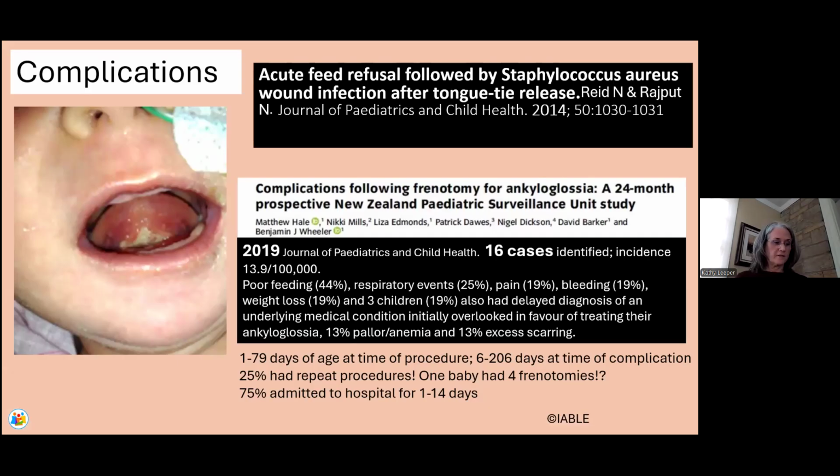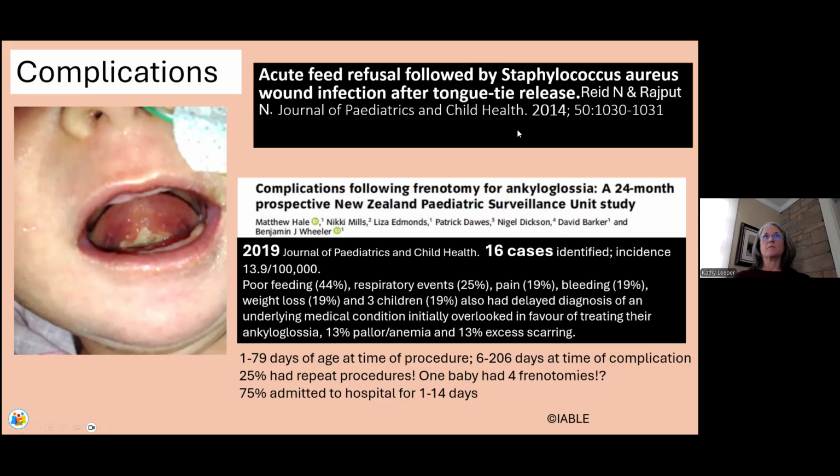There are complications that are possible, so I'm not going to spend a ton of time on this. I just want to make sure you know that it's a procedure. It's a surgical procedure and bad things can happen. When I started doing them 25 years ago, this wasn't really recognized. It's like, oh, it's a little thing. We can just clip it. It's no big thing. But now that so many babies are being clipped all around the world, more complications are